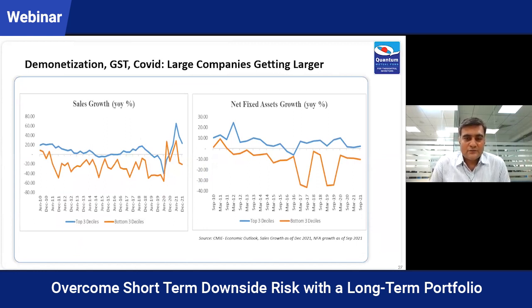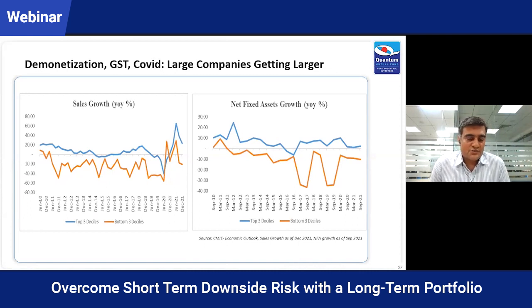So if you look at the last 4 or 5 years, events that have happened in India and globally are both man-made and natural. What they have done is that they have skewed the pricing power and the kind of corporate authority more towards larger companies, which are represented by listed companies as well.